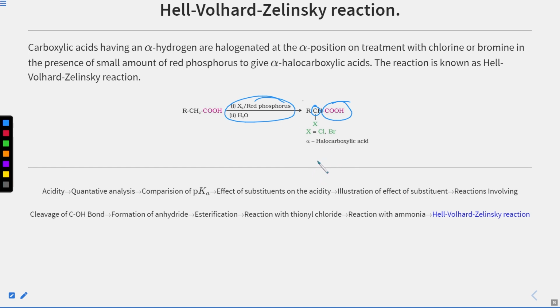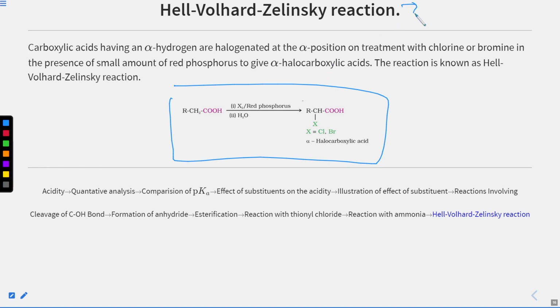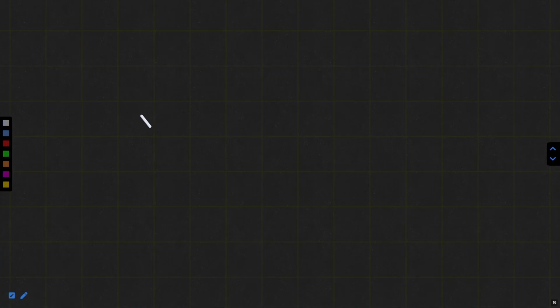Now the thing to notice here is that the halogens we're talking about are chlorine and bromine only. We cannot take fluorine or iodine. So these are wrong for the Hell-Volhard-Zelinsky reaction. Okay, clear? So this reaction is called the Hell-Volhard-Zelinsky reaction, or sometimes it is abbreviated as HVZ reaction. No problem. Okay. Now let us look at a different reaction which I have not mentioned here,